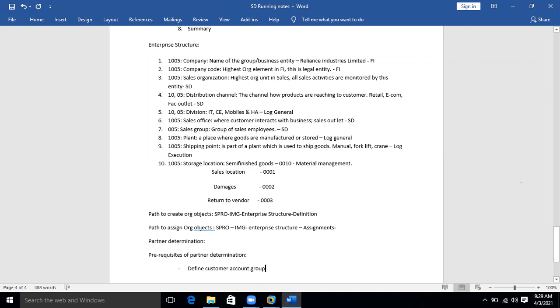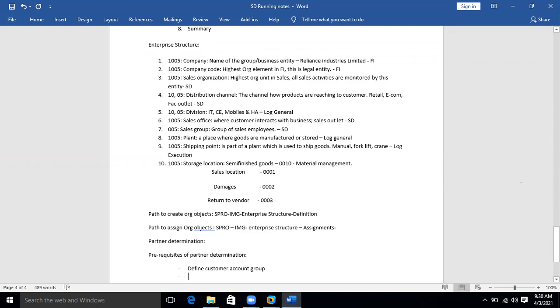This is where your core SD configuration starts, guys. Okay, focus. This is a very confusing topic. If you don't focus well, you have to work on it multiple times to understand it. If you listen carefully now, then it will be an easy thing.